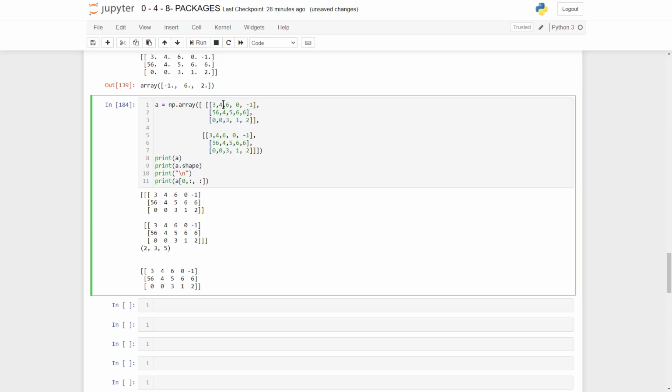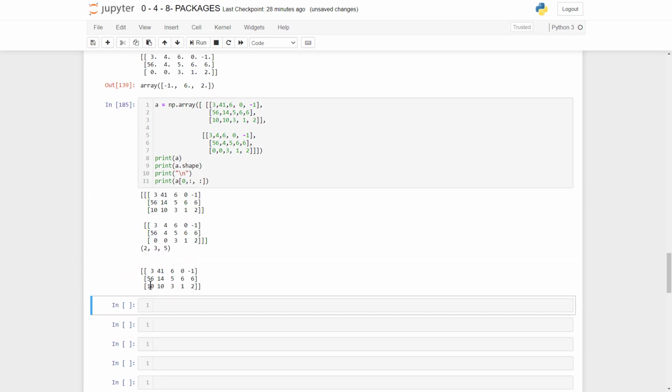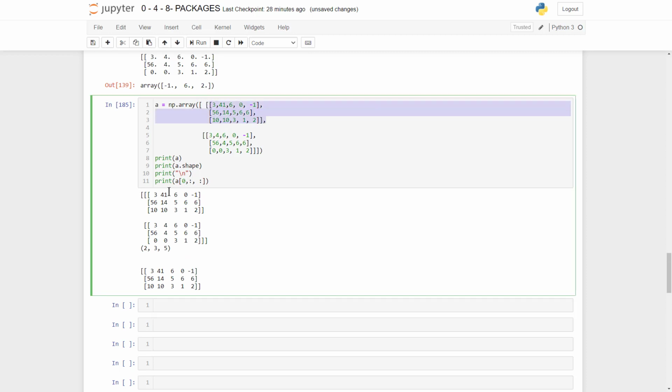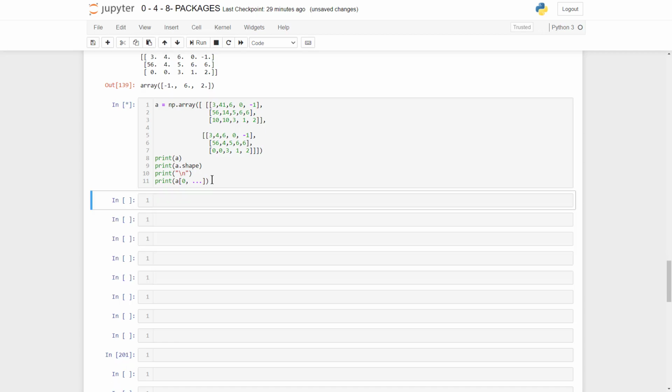Let's make it different. Let's say we have 41, 1, 10, 10. So you see that difference now. So here we pick out the 0th, and then for the 0th we pick now all the rows and then all the columns. So that's why we have all this array printed out. Now if we want to do this simply, we could also have 3 dots. Now this 3 dots, as we said, means for the rest of the axes, take everything. So it's going to have the same